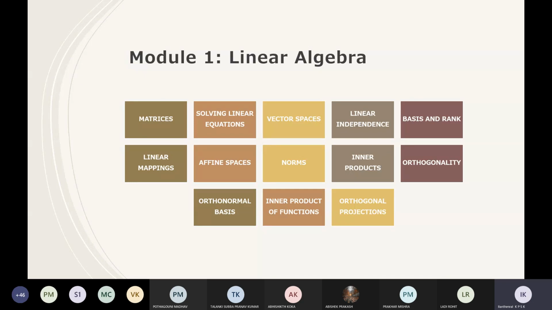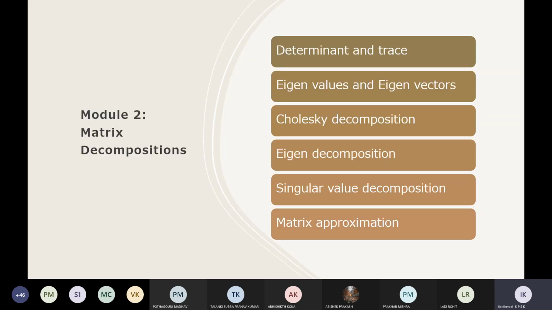If I recall correctly, this whole first unit has been covered in detail in your AOD class as well as in linear algebra. In linear algebra, I think this alone could have taken the first 8 or 9 hours. The next part is matrix decomposition, eigenvalues, eigenvectors. You could have already studied determinants and all. We will look at several other decompositions in this particular case.